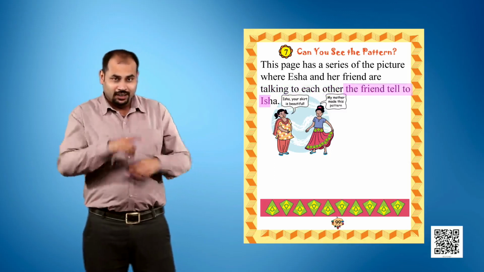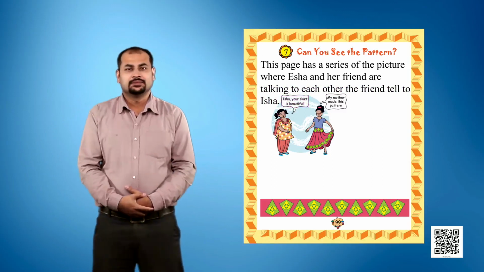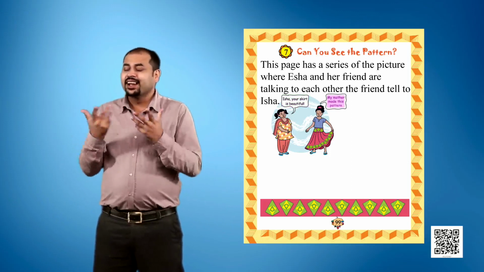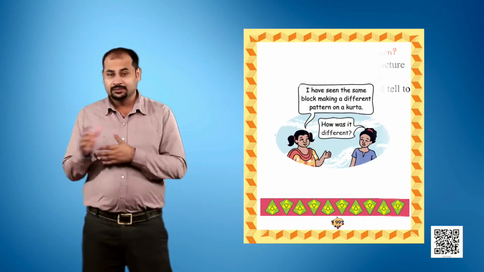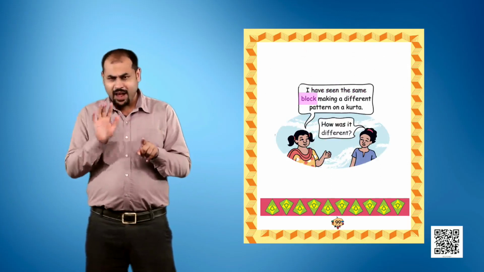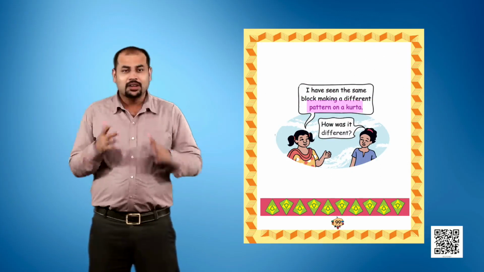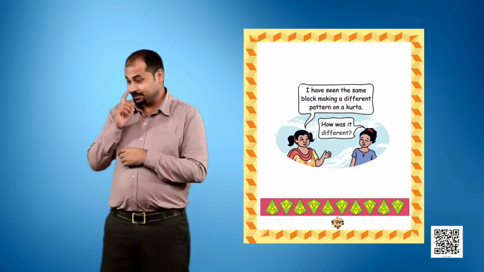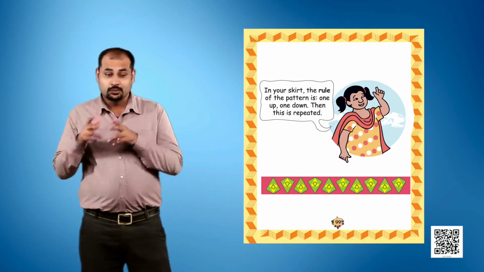The friend tells Isha, "Isha, your skirt is beautiful." To which Isha replies, "My mother made this pattern." The friend says, "I have seen the same block making a different pattern on a kurta." Isha says, "How was it different?" The friend explains,